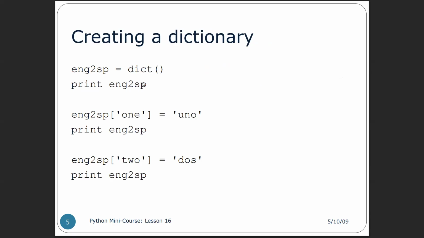So how to create a dictionary? Like the list constructor, for the dictionary there is also a constructor called the dictionary constructor. By using dict or the square brackets, we are creating an empty dictionary. After creating an empty dictionary, if you want to insert key value pairs into the dictionary, you have to do it like this. So variable of